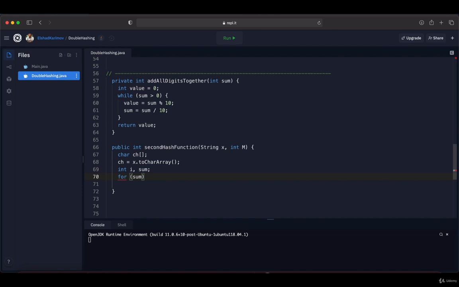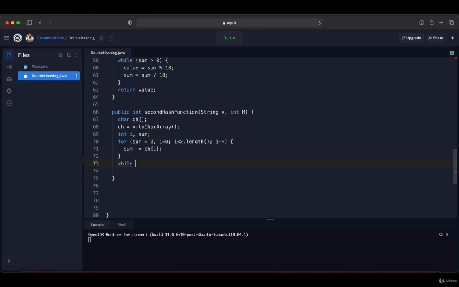The loop will be like this: sum is equal to 0 and i equal to 0, and it will continue until i is less than x dot length. Inside this loop, we are going to sum the ASCII values of the characters, so it's going to be ch i.